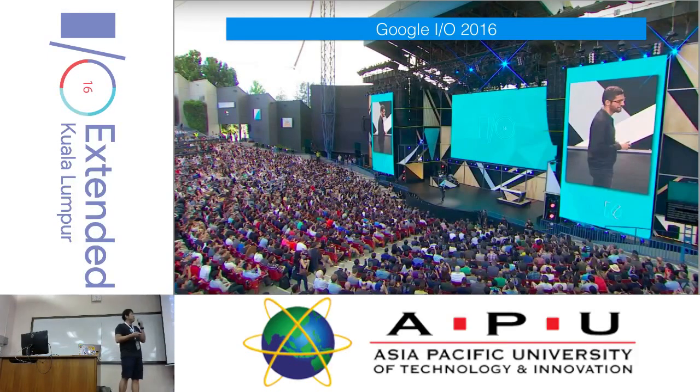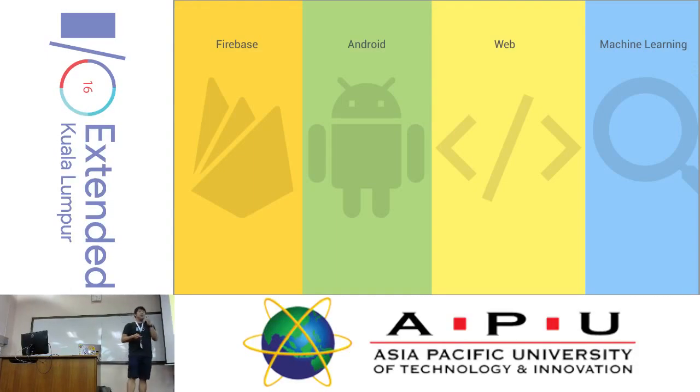But as much as we want everyone to get involved, it's actually not possible to host the world, and therefore we have I/O Extended events exactly like this. So you can get to know the news and also experience what I/O is about in your home, in Malaysia, in Kuala Lumpur, right here. There are multiple things being announced in I/O this year, but I'm just going to touch on a couple of key and exciting technologies. So we have Firebase, Android, web, and machine learning. There will be sessions and breakouts later during the day, so go to those sessions that you find interesting. They will all be centered around these technologies.